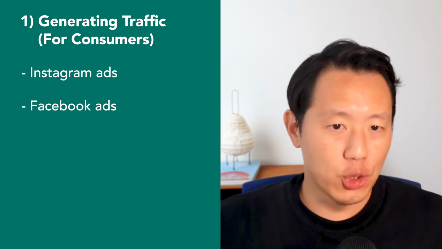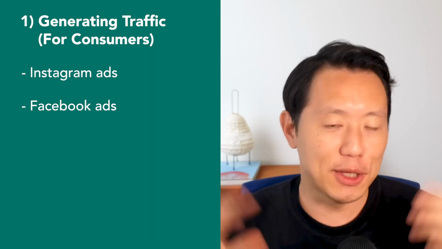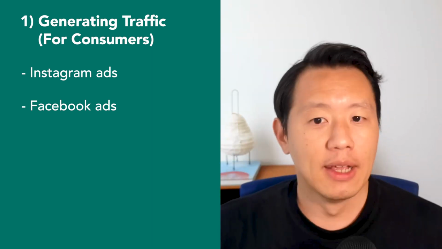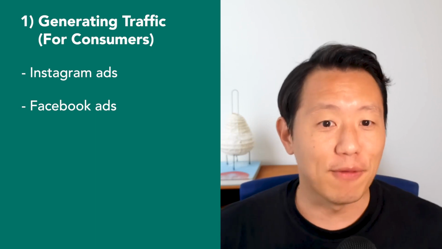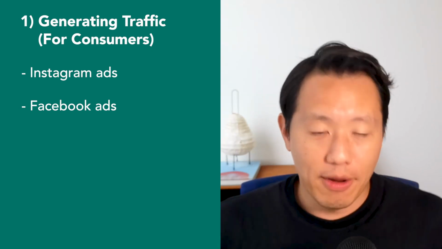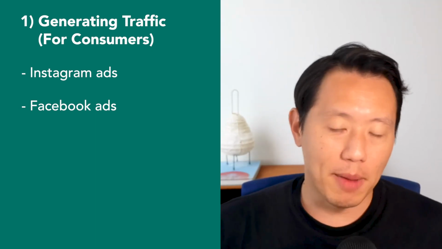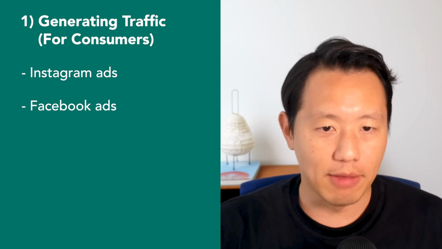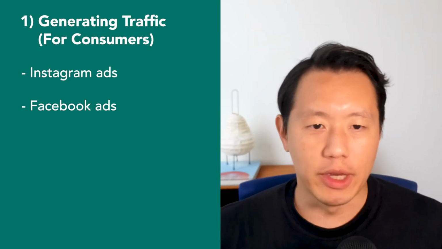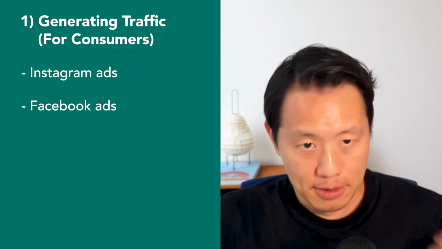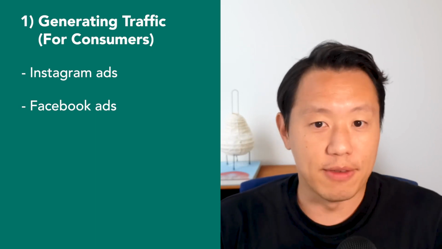And at first, I didn't do any demographic targeting. So I didn't target young people. I did everybody. And again, I thought it was going to be young people, but I wanted to see if I was right. So I targeted everybody, and I bought Instagram and Facebook ads for relatively cheap. I think I was spending maybe $20 to $50 a week. And I think I could have done it for less than that. But that was my way of generating traffic, was buy ads and then get this in front of people.